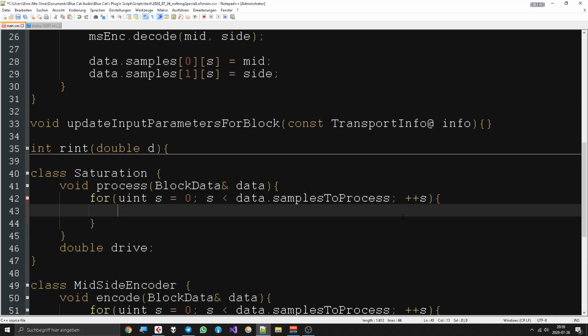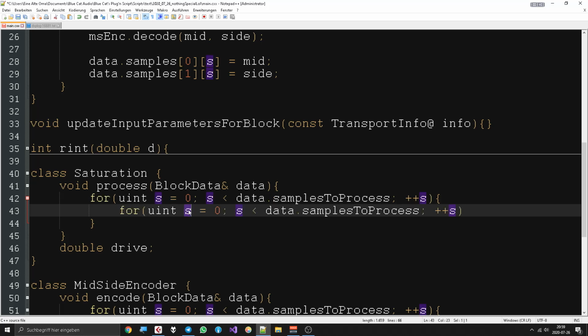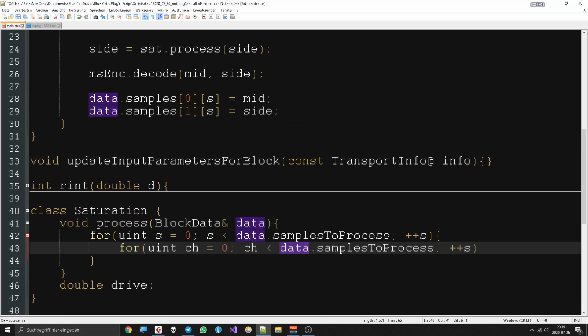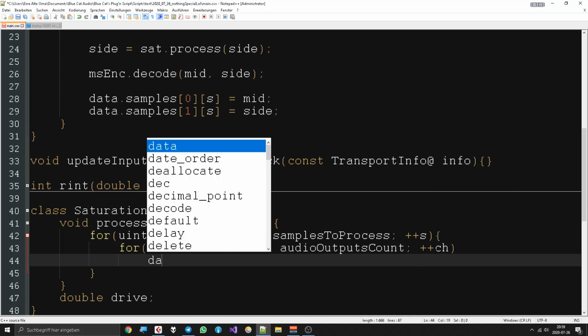And now for each sample, this time we can actually be safe with the channels. And just say